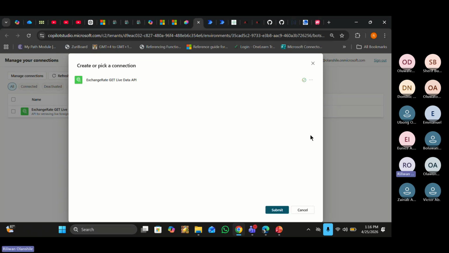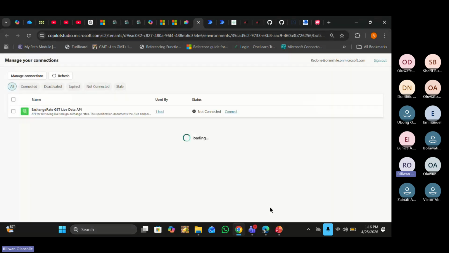Normally, if it was not authenticated, you would not see it like the way we had it before, but it has authenticated against this for me. So I think I'm good now.